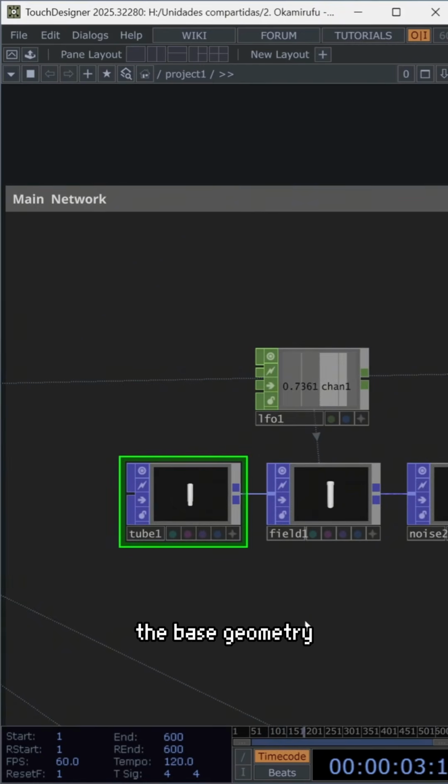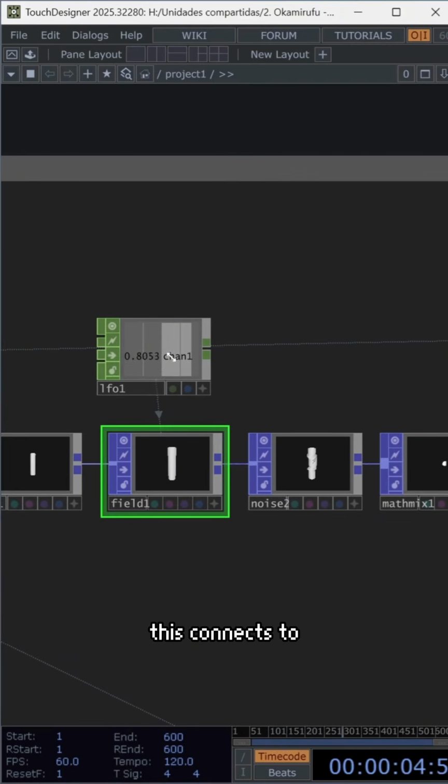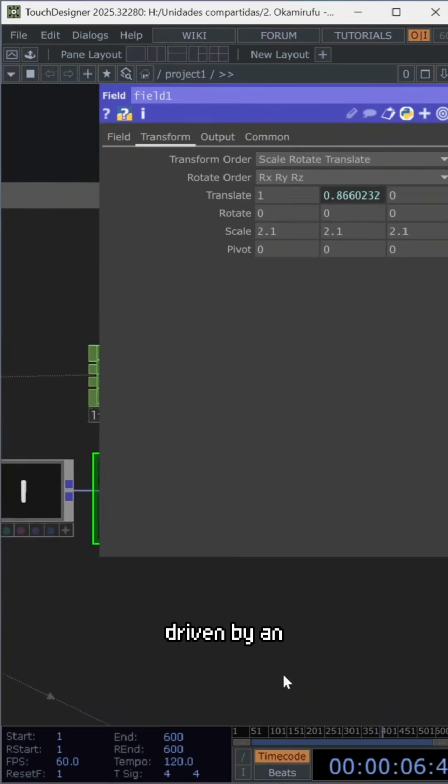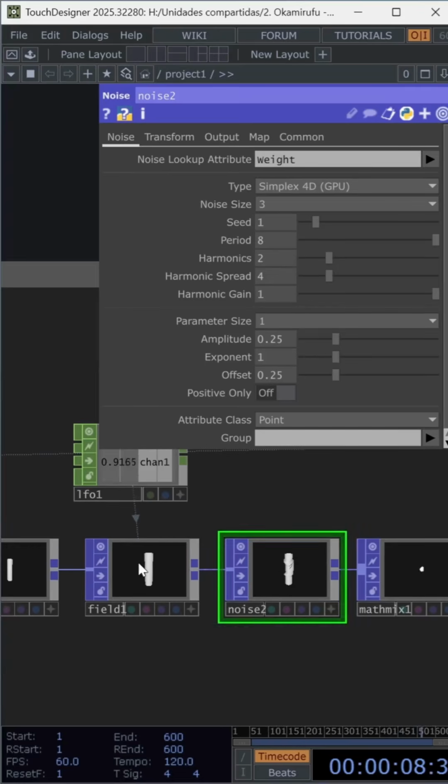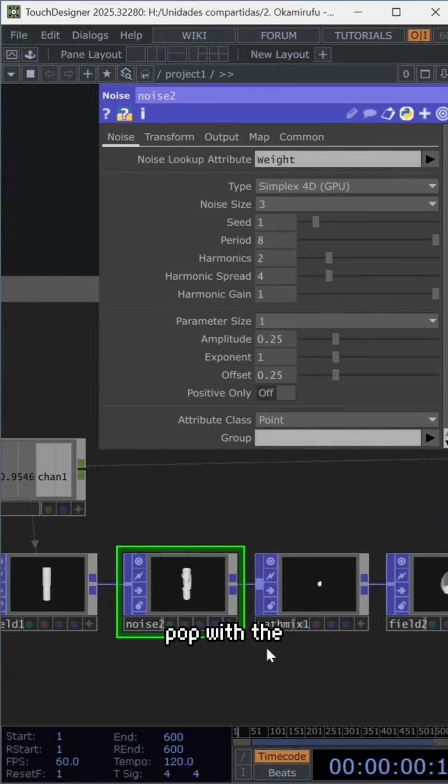For the base geometry, here is a high-res tube POP. This connects to an animated field POP driven by an LFO CHOP on the y-axis. This flows right into a noise POP with the lookup attributes set to weight. This is key. I used a period of 8, then multiplied it with the position using a mathmix POP to